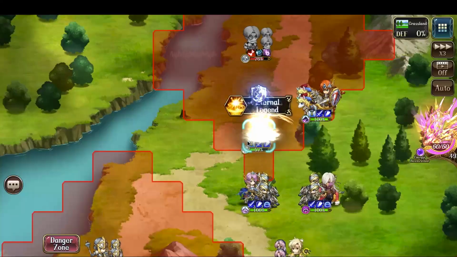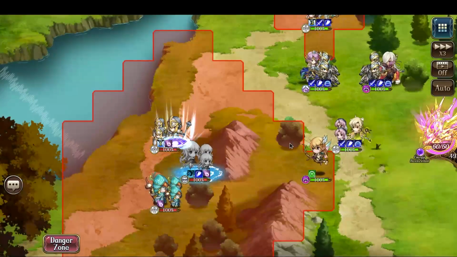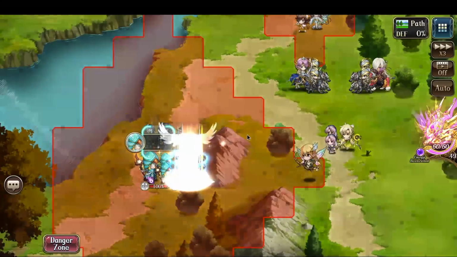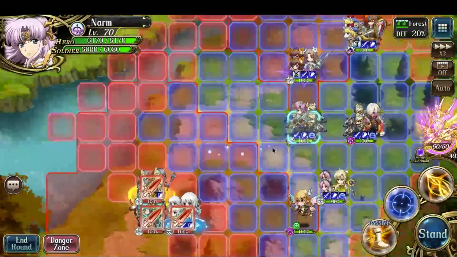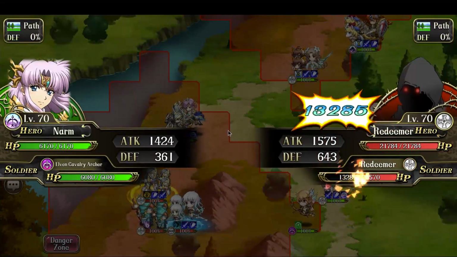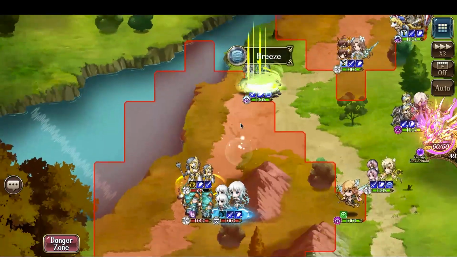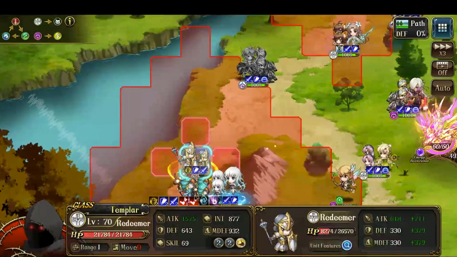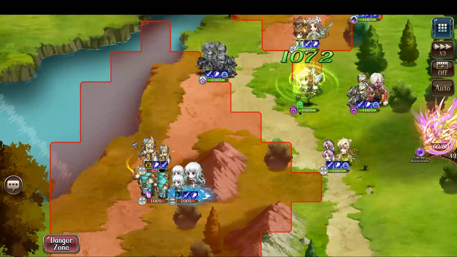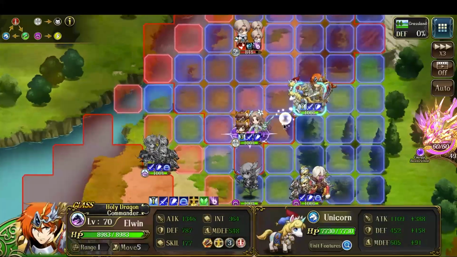Yulia finishes off that first enemy. Regis Divine Guards, and they also. Okay, so I'm going to have Narm just disable the guard and retreat. So that's kind of like a cripple, disable, and retreat. And then I'm going to run up with my other characters. But first,